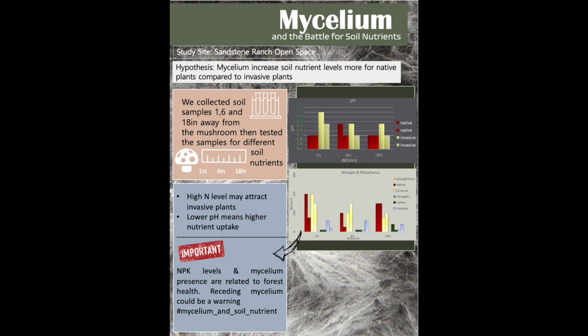While we rejected our hypotheses, our results show a possibility that mycelium may help plants obtain phosphorus from further away than they would normally be able to on their own. Also, mycelium may increase nitrogen levels, allowing invasive species to quickly establish themselves in these high nutrient areas before native